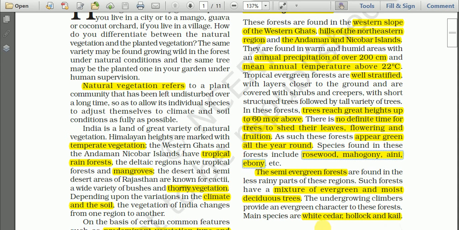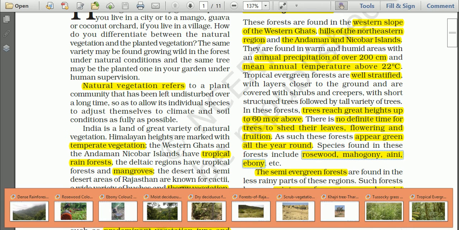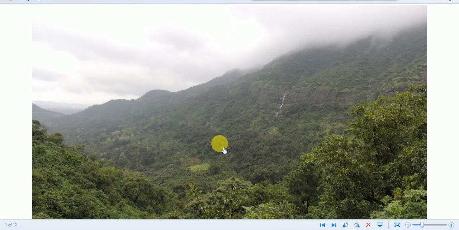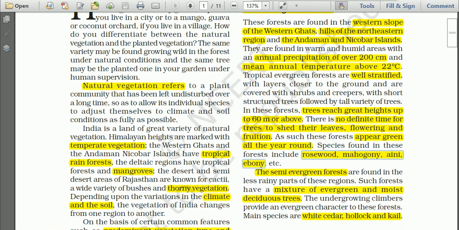See here, I have a photograph showing this tropical evergreen forest or tropical rainforest in the Western Ghats. This is a scene of tropical rainforest or evergreen forest in the Western Ghats in Maharashtra. Then we have